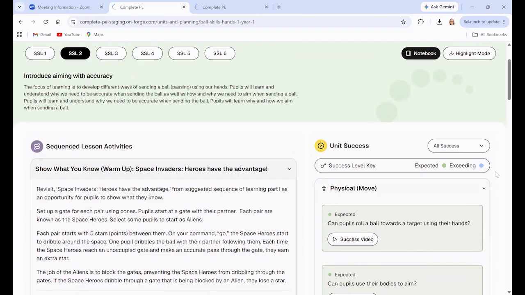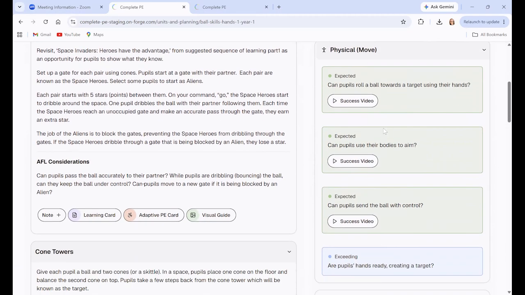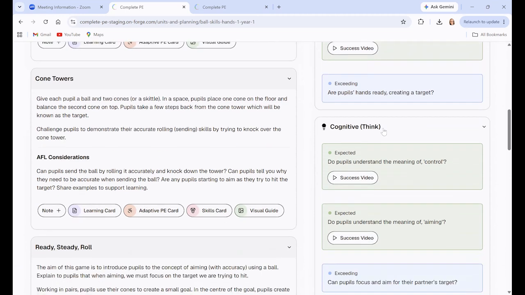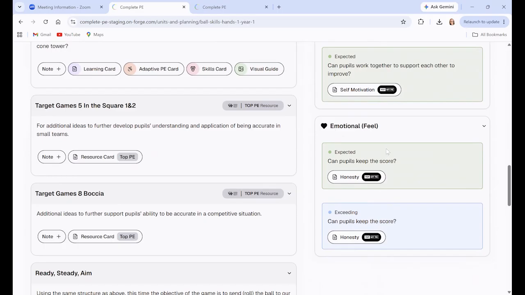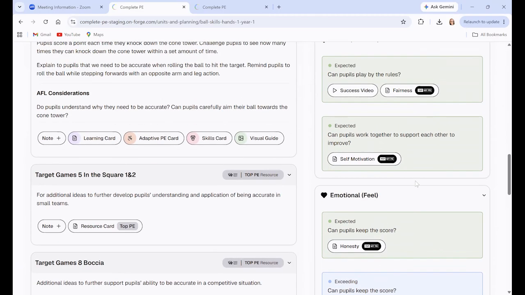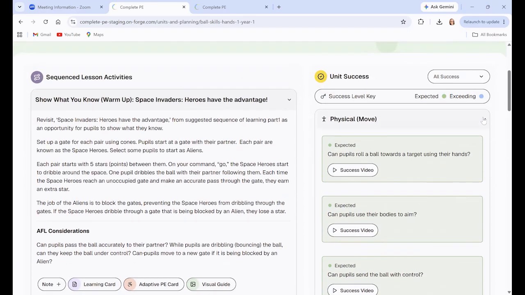Over on the right-hand side, then we've got our unit success. So we've grouped the success. So you've got all your physical or movement success in one place, your cognitive or thinking success, your social or that connective success, and then you've got your emotional, that feeling that goes alongside the learning that we do through PE. With this success criteria, you can again collapse them,